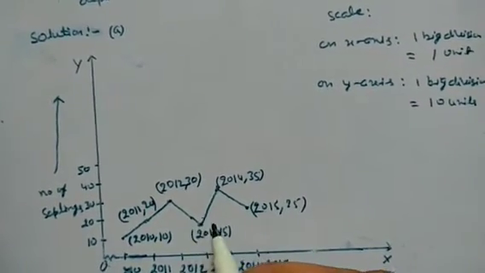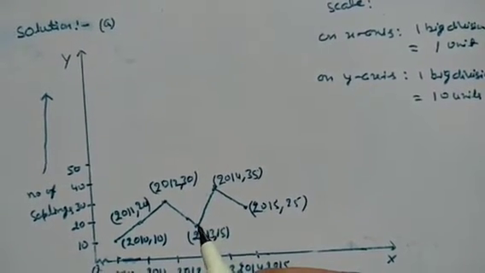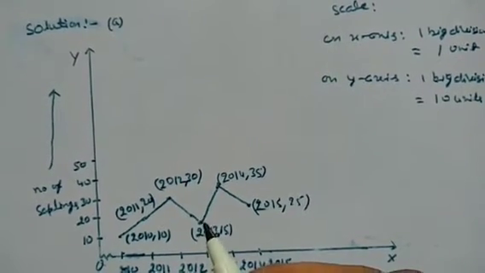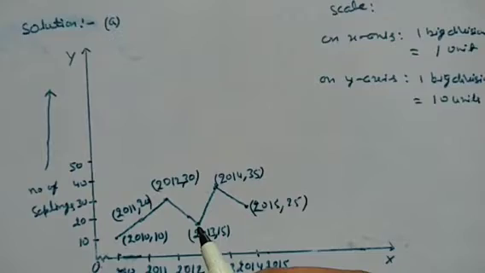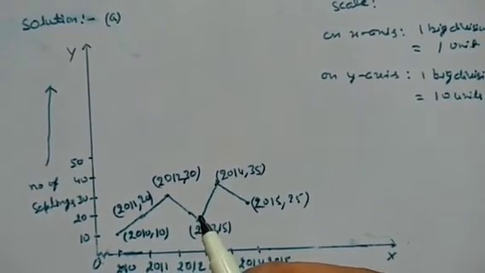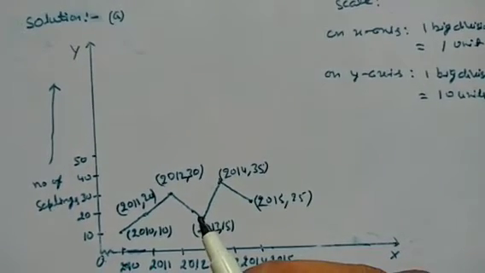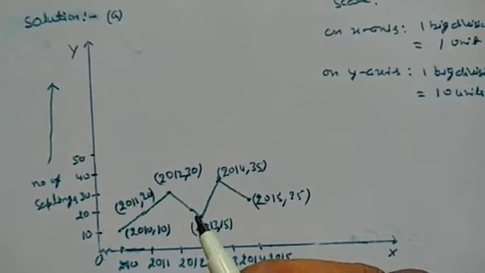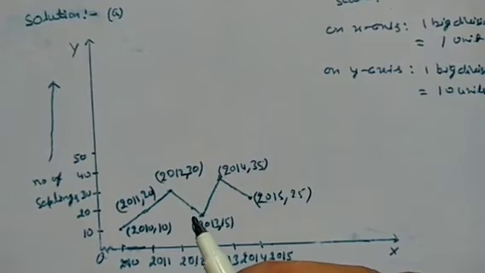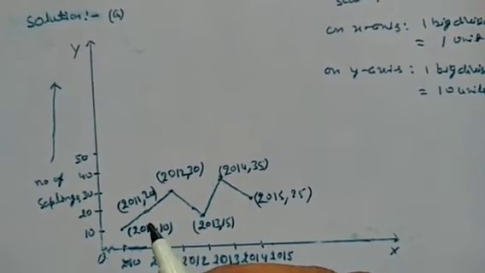Thus our graph is ready, but students, in previous classes I realized that most of the students were not putting the kink on the graph in a proper way. So let me tell you that you have to put a kink on a graph only when the graph is not starting from 0.